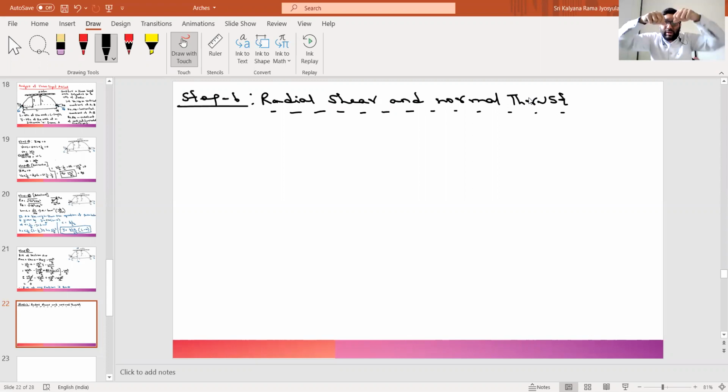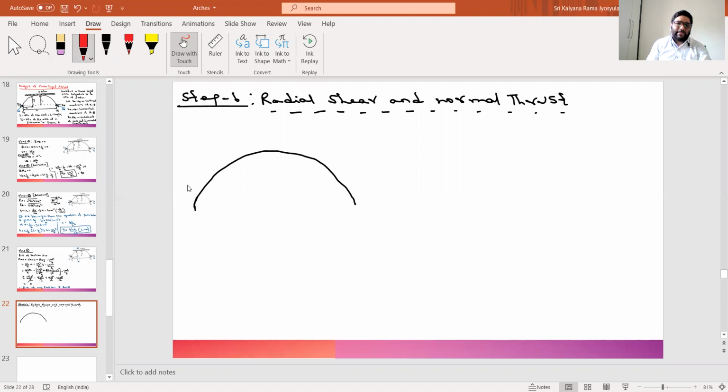So see here, when an arch is subjected to UDL, it will shear off. And there will be some axial thrust or axial pull that will happen when you cut a section. So our responsibility is to consider the same thing. Okay, so now let us take the arch. Once again, let me sketch it. So this is the arch. And for this arch, let me try to sketch a tangent line.